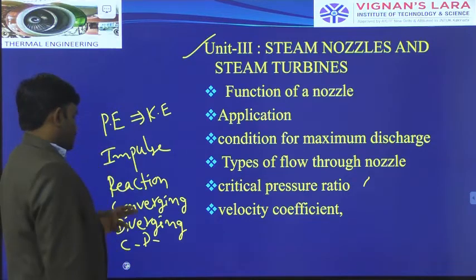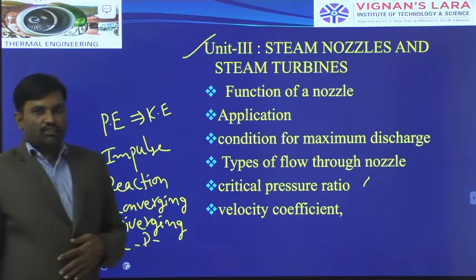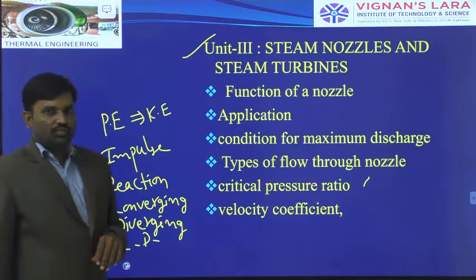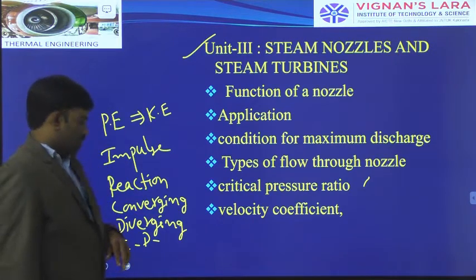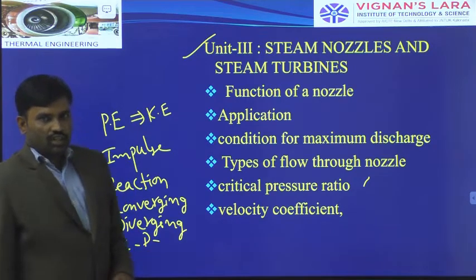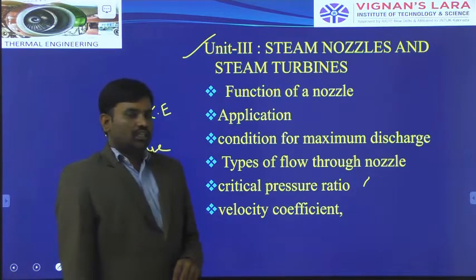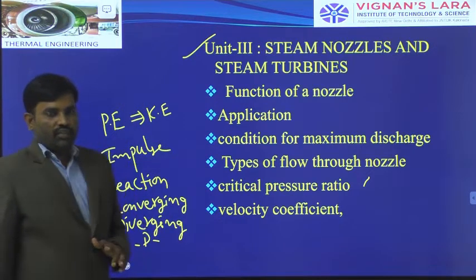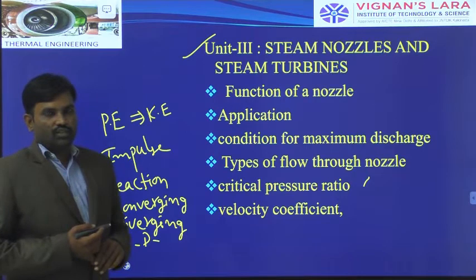What is meant by different types of nozzles? In the case of converging and diverging nozzles, we may observe 2 cross sections, and in the case of the convergent divergent type of nozzle, we may observe 3 cross sectional areas. In that manner, we generate different velocities of steam during the flow of steam into the nozzle body.